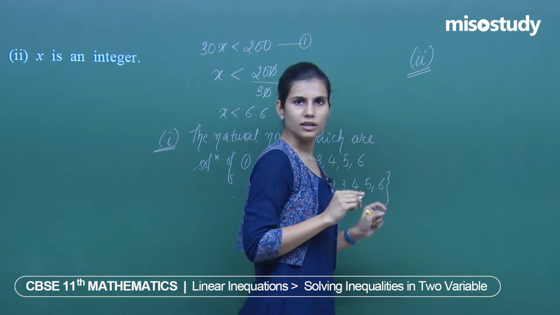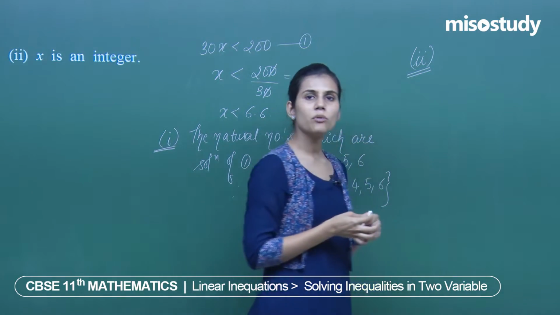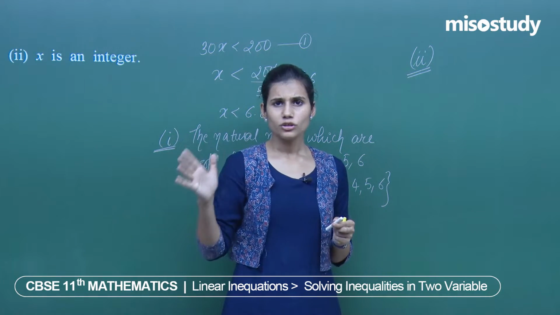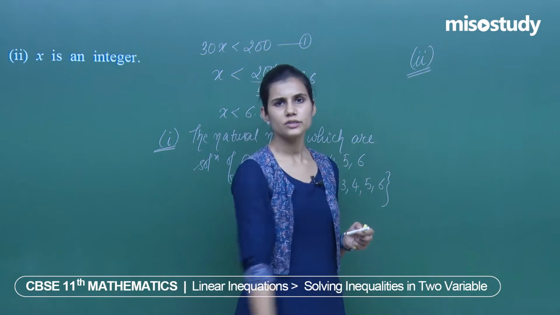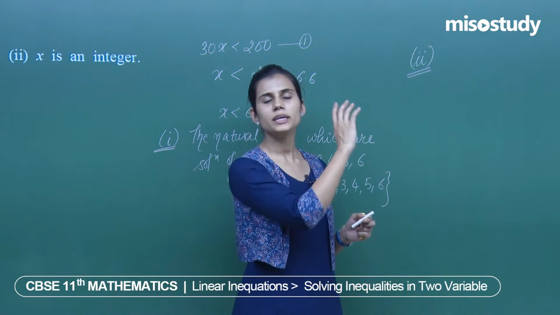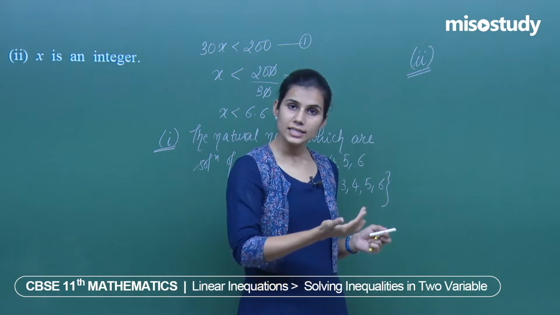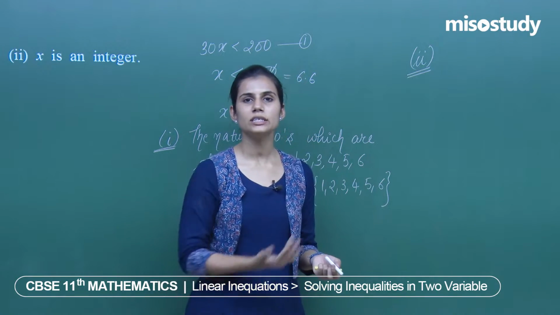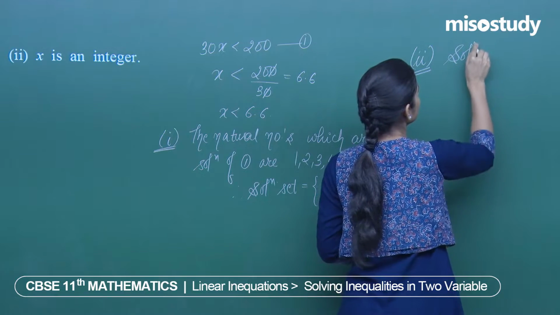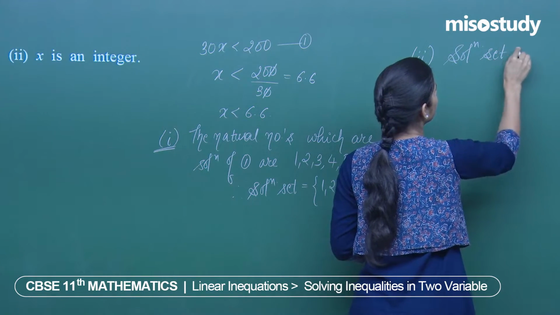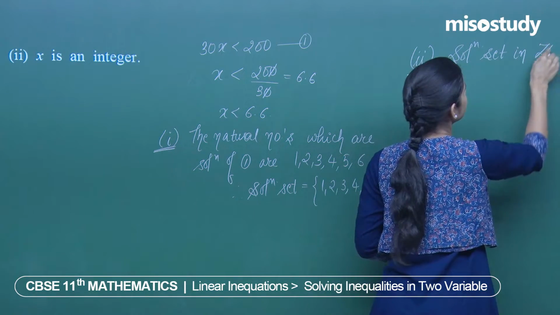Well, if I talk about integers, integers are what? Dot dot dot minus 3, minus 2, minus 1, 0, 1, 2, 3, 4, 5, 6 and so on, right. I need to be taking up numbers strictly less than 6.6. That means all the integers strictly less than 6.6 will be what? Solution set in the set of all integers is